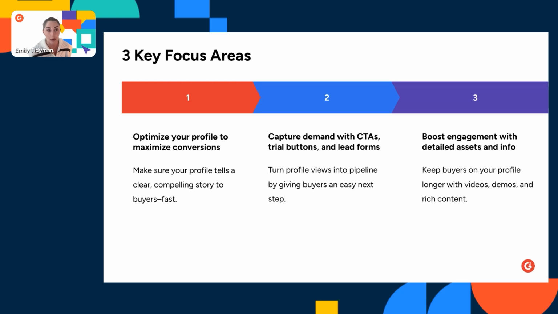The second area is going to be the specific tools within your G2 profile that help capture the demand of those in-market buyers researching you in real time. Some of those tools include a customizable call to action button that displays on the top right section of your G2 profile, as well as the ability to capture leads. I do want to mention that these demand generation features are specific to upgraded profiles only,